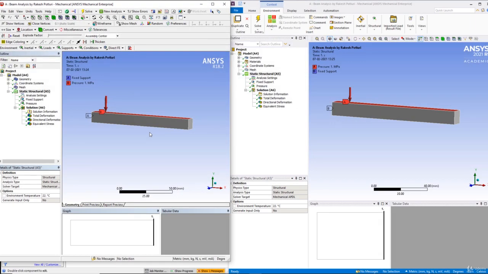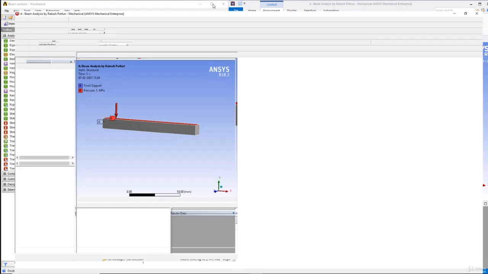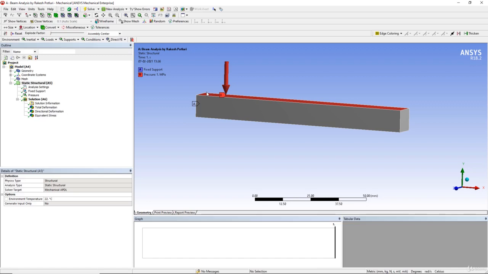In this lecture, we are going to see how we can find out the properties of the geometry inside older versions of the software as well as the newer version of the software. For that purpose, I am maximizing the Ansys 18.2 version,